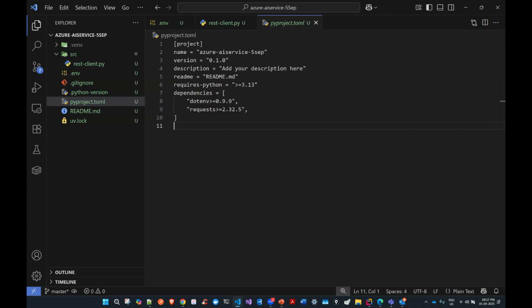Gopi, you will host this application separately, then you will get an endpoint. At that endpoint, you will consume it in your existing application. This way, the things are going to be done. Clear?